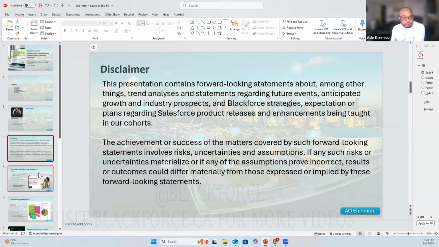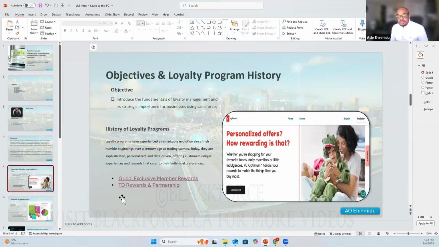All right, let's get into it. The objective. Why are we doing this? What are we trying to get out of this masterclass? We want everybody in this community to understand that there is opportunity out there that we have not really explored. And that is not our fault, not because we are not looking. It's just that the way Salesforce has positioned loyalty management, it is not in silo. It is to complement other products.